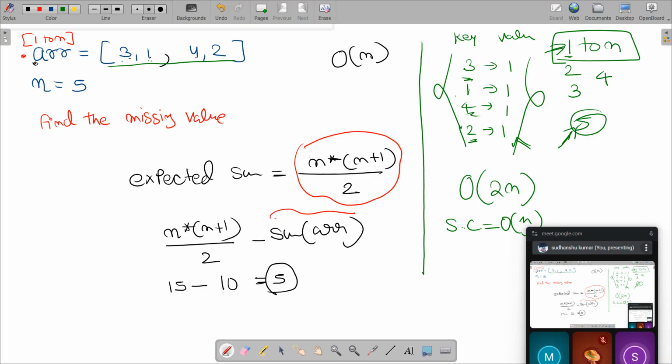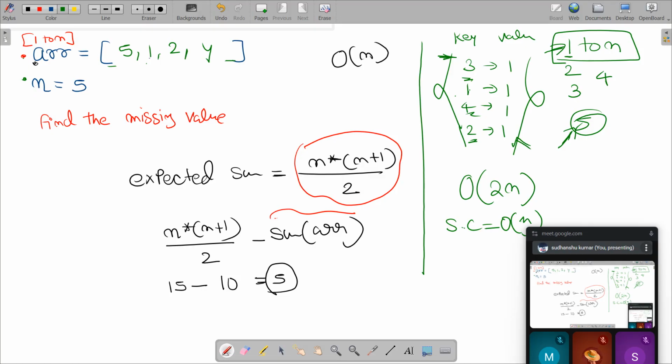Okay, forget about code for this particular thing for now. I do not want you to be using any of these approaches, and the problem statement remains the same. You are given an array and an integer value n. This array can also look like this. It's not said that only the last value will be missing, so it might look like this also. You see, this time 3 is missing.